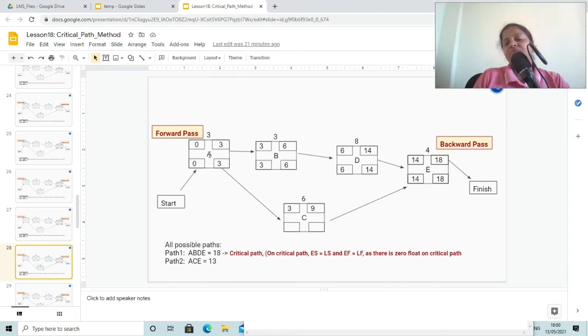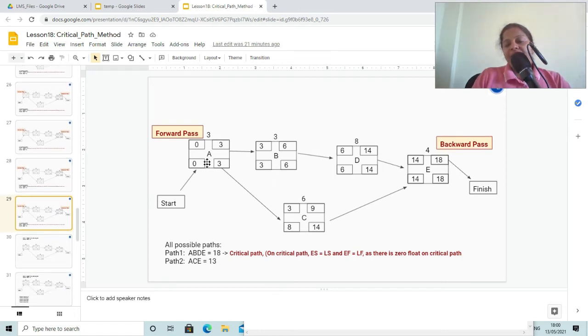Similarly we have done it for A, that is you have to just copy this late start day on the previous activity, and you have to subtract the duration of the activity. Now similarly we have copied this 14 value on late finish box of activity C, and we have subtracted the duration of activity C so as to get the late start, that is 8.